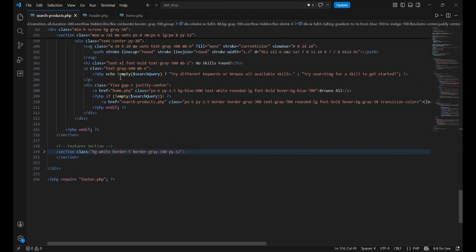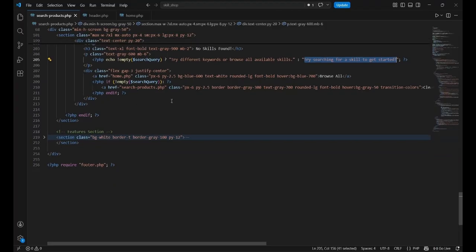So I have checked whether the search code is empty. If the search code is not empty, I have set to display try different keywords or browse all available skills. So if we give a keyword and no products are found, then we should display this over here. If the search code is empty, that means we do not give any keyword, we just enter the search button, then we should display this text over here, try searching for skill to get started. So below that,